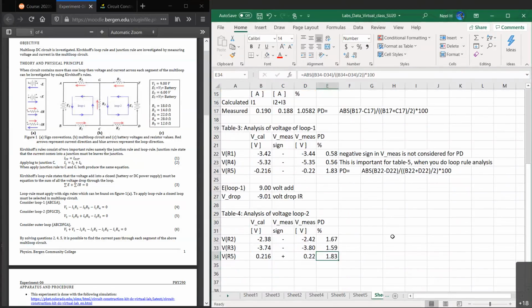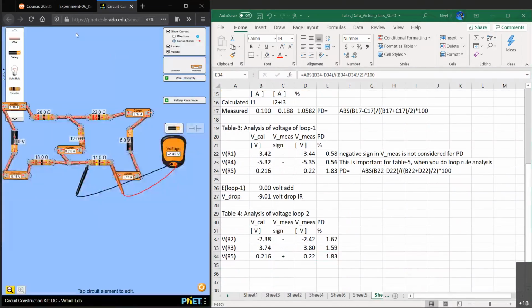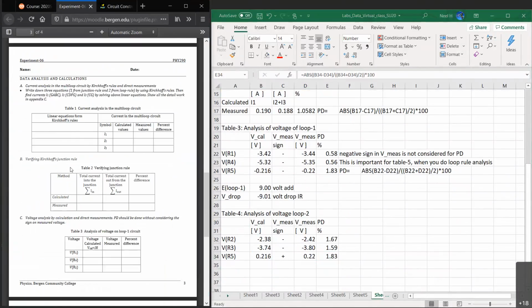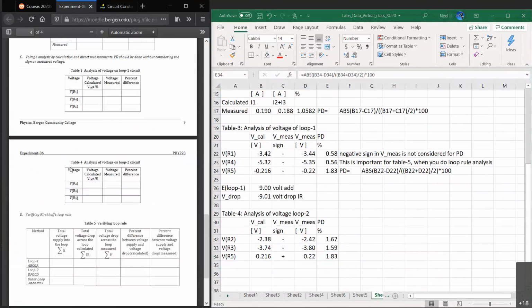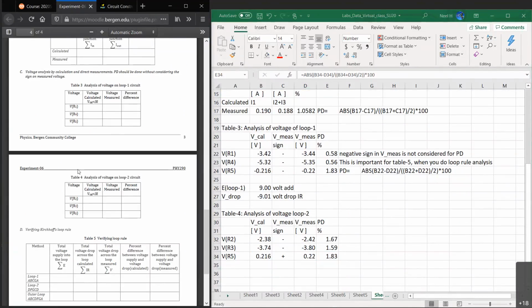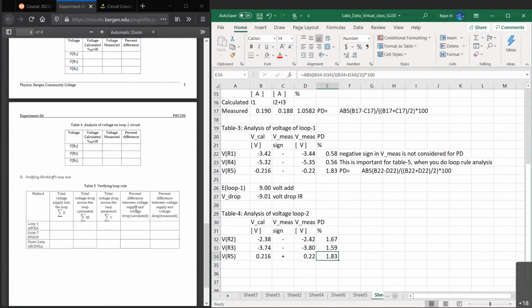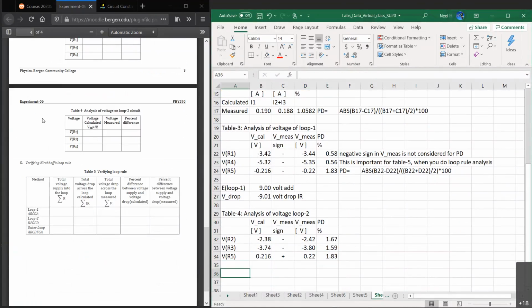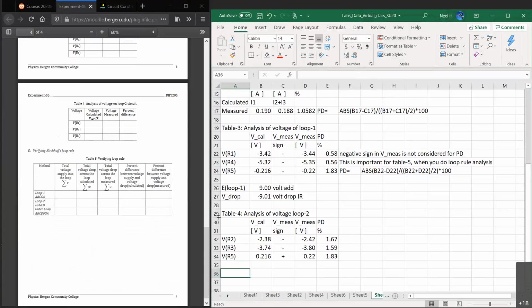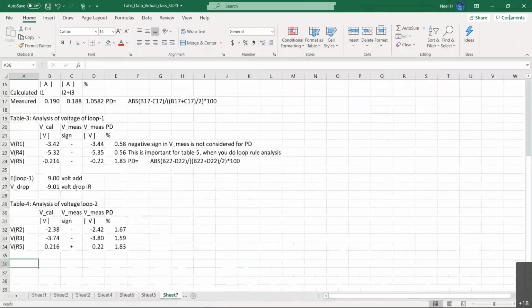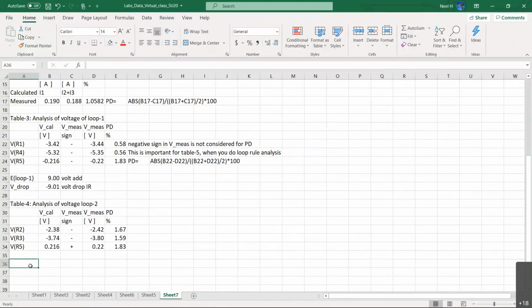All right. Then let's take a look. Table number 4. Now in table number 4, what we're going to take a look at is the outer loop. We did not discuss that much. I'm going to create another table here. That is not on your circuit, but let's create that one. Let's create another table called table 5. We're going to do the same thing, analysis of voltage in outer loops. Okay,